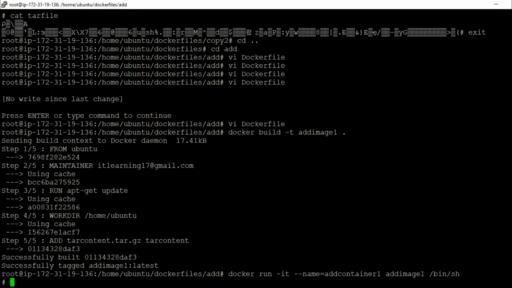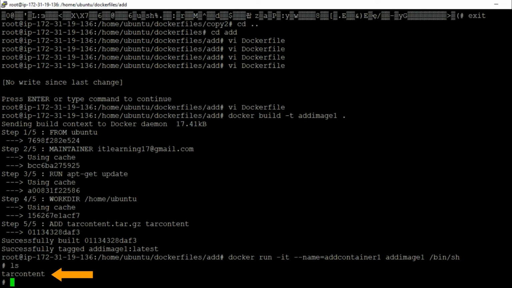And with this command's execution, now we are inside the Docker container. So let us run the Linux ls command to see this directory's content. And with this, here we can see friends the tar content directory. Now friends, let us try to go inside this tar content directory using the cd command. So cd and then tar content.